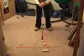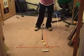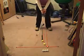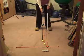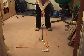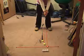The third ball represents the position for a short iron. This happens to be a pitching wedge. Again, I'm going to bring my foot in just a little bit more narrow. Take my golf posture. You see the silver rod, my club there represents that line, right in the center of my stance. Adjust that slightly. And that's the proper stance for